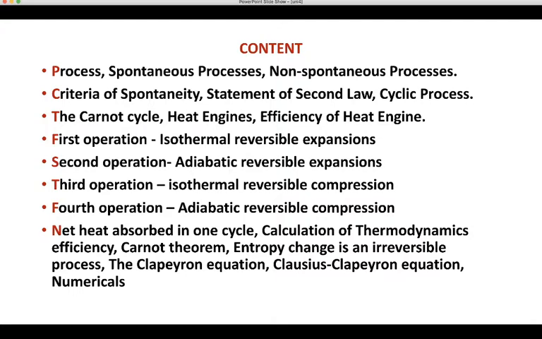the Carnot cycle, heat engine, efficiency of heat engine. There are 4 different operations: first operation, second operation, third operation, and fourth operation. First operation is isothermal reversible expansion, then adiabatic reversible expansion, isothermal reversible compression, adiabatic reversible compression. Other contents are net heat absorbed in one cycle, calculation of thermodynamic efficiency, Carnot theorem, entropy change in an irreversible